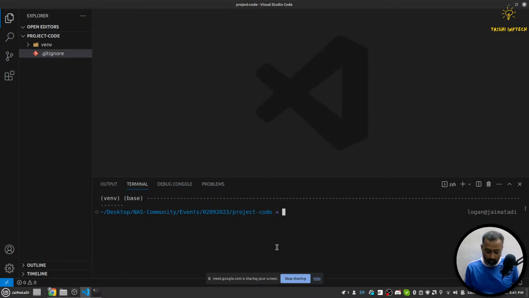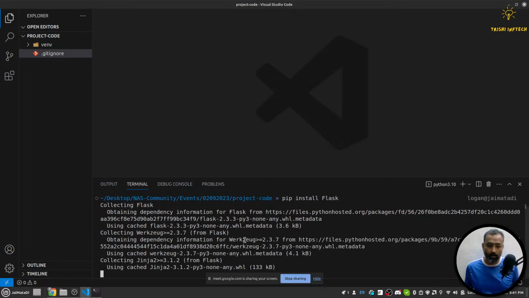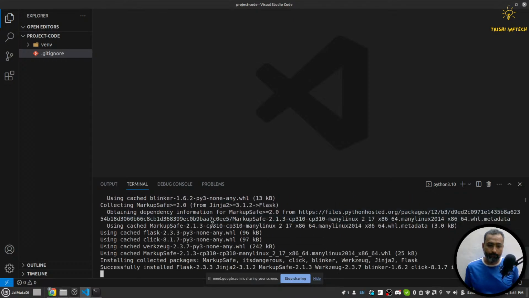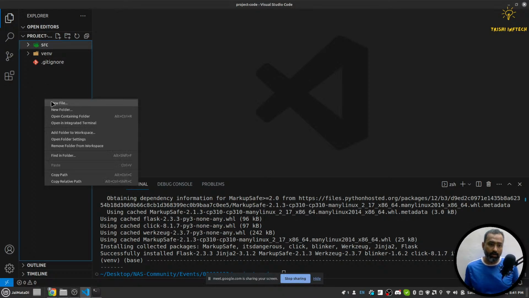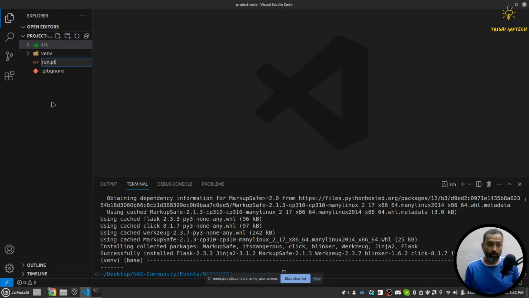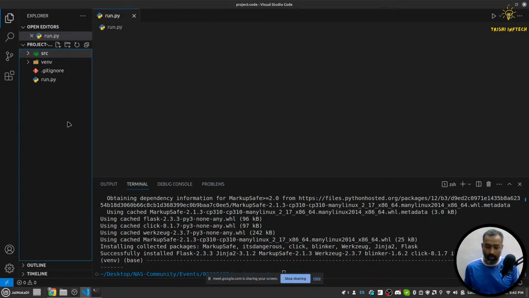Then the next thing I'm going to do is pip install Flask to build my server. Yeah, and I'll create a few things here. First src, and then run.py, and very quickly